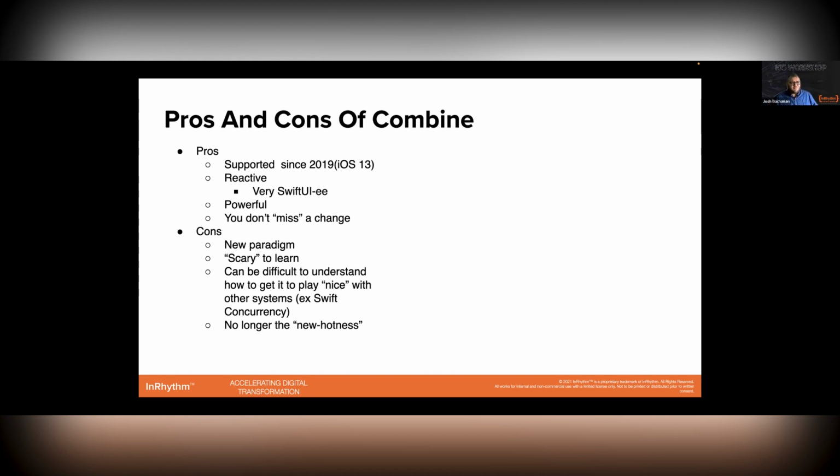Another tricky thing of Combine is understanding how it plays well with closures and completion handlers or with async await. If you stay in Combine land, everything makes sense. When you start to branch out, you can start to run into some problems. And lastly,